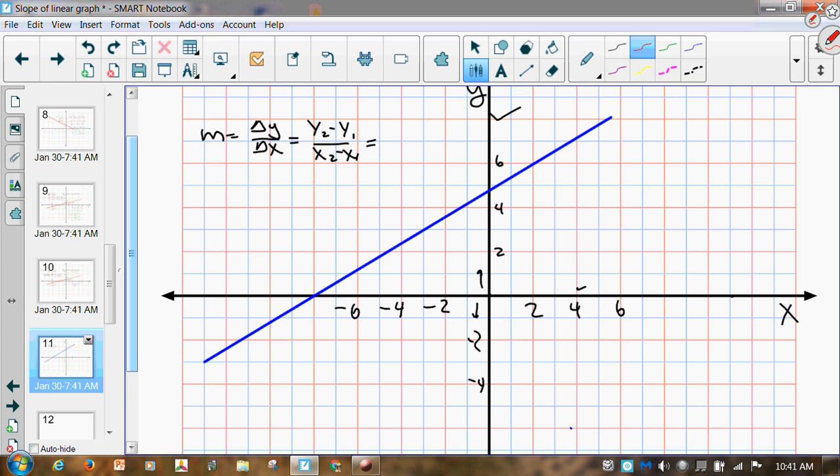Well, when you're doing this, as much as you can, you want to pick values or points on the line where you can easily pick out the values, and that's usually where the line crosses a grid point. So right here looks like a grid point that we could use. It crosses the x-axis, and we'll call this one P1,